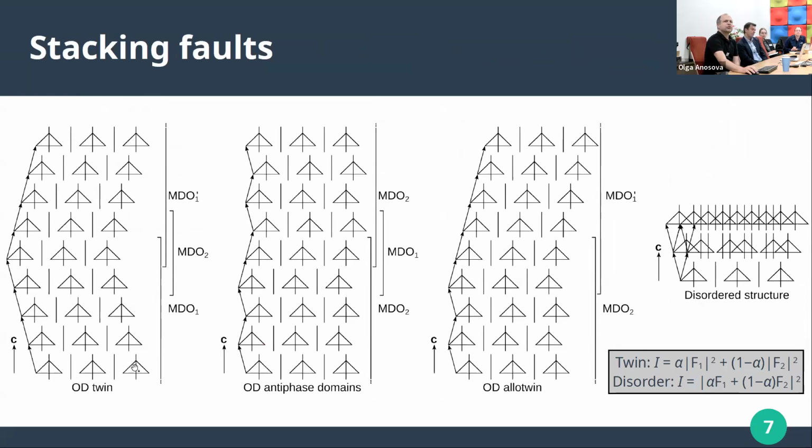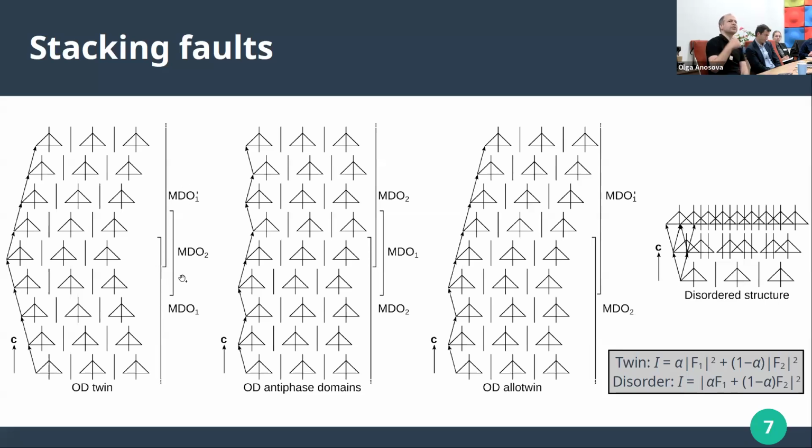So if you look at this MDO1, we go left, left, left, left, left. So macroscopic domain, and then we have a stacking fault. You go right, right, right, right. That would be a twin. So we have two macroscopic domains with different orientation, and at the interface we have a triple of the other